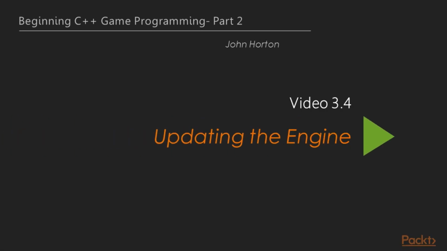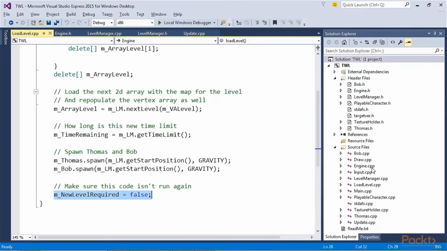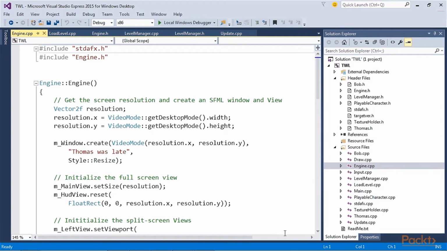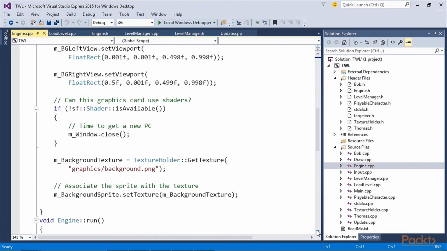Updating the engine. Previously, we looked at coding the loadLevel function. In this video, we're going to load the sprite sheet texture and draw the vertex array. To get started, open the Engine.cpp file and add a line of code that will load the sprite sheet texture at the end of the Engine constructor.